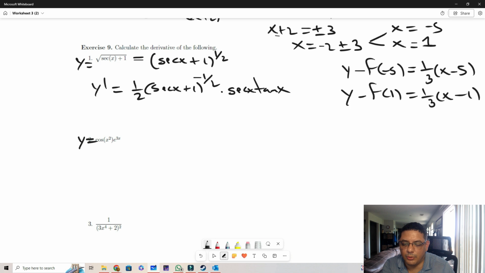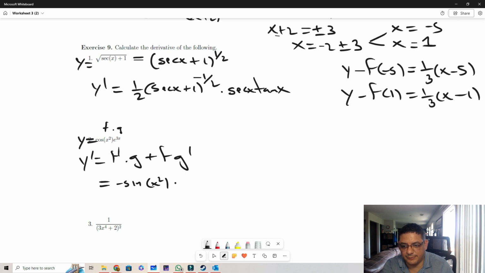Now, also, we have that y equals cosine of x squared times e to the 3x. This is both a product rule and a chain rule. If this is the function f and this is the function g, then y prime will be f prime times g plus f times g prime, right? And so this f prime will be minus sine of x squared times the derivative of x squared, which is 2x, and this is just f prime, then multiplied by e to the 3x plus